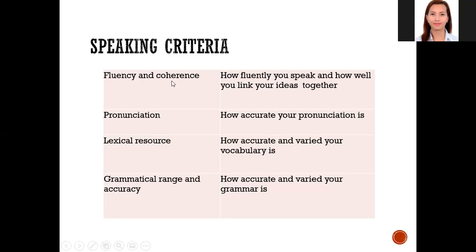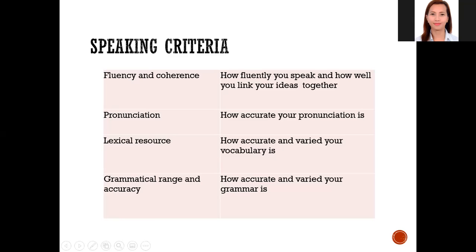Pronunciation. You have to pronounce the words and stress the words properly. Don't talk too fast, because if you talk too fast, most likely you will stutter or you will mispronounce the words. And if you speak too slow, that's another thing that can affect your fluency as well. Okay,